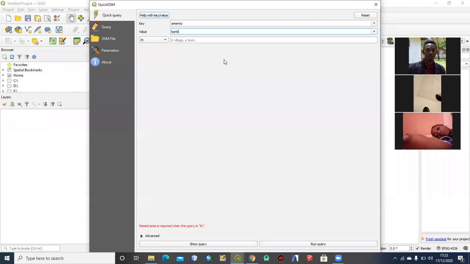So let's say search bank, put here bank, and then we can put the position which we need data about the bank. So let's say Dodoma,